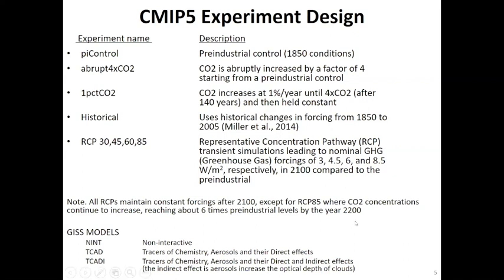So these various simulations are going to give us clues as to what the model says and how we can understand them. And one further aspect of that is that we will use 3 different configurations of the GISS model. A non-interactive simulation, in which the forcings are pretty much as people have observed, but is a simpler simulation. So-called TCADI, in which the model calculates the chemicals in the atmosphere, like ozone and various other trace gases, the aerosols in the